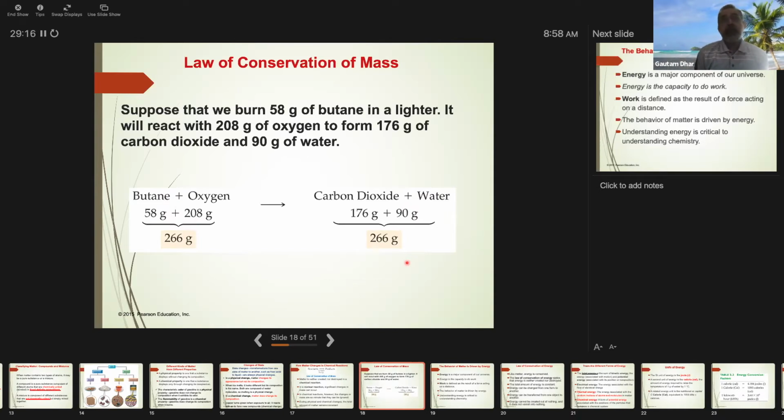Another thing that I want to point out here is that if I do not know any of the components, how much it is, I can easily figure it out by doing the algebra. And you will definitely get this question, maybe during this exam, and again maybe during the final.